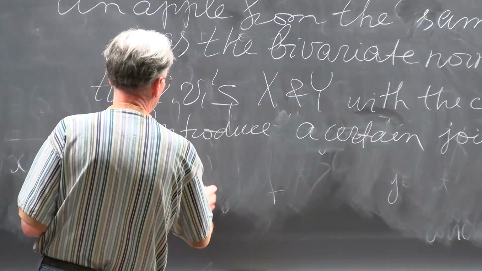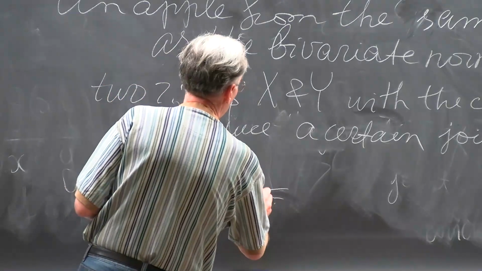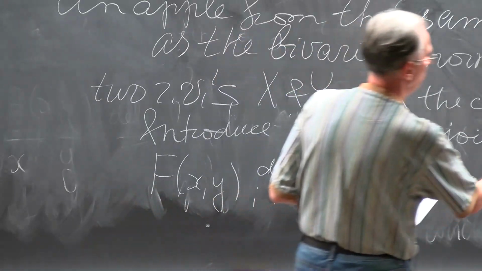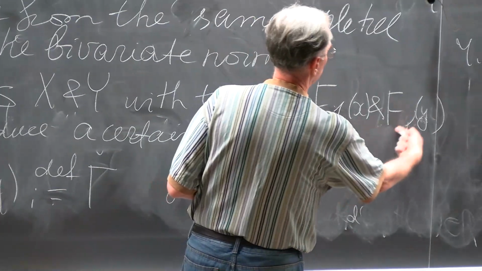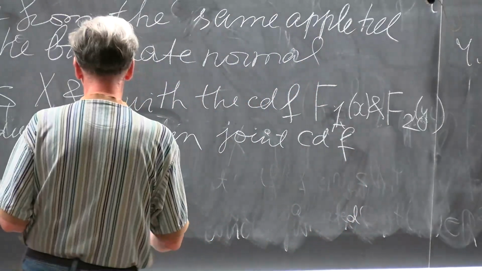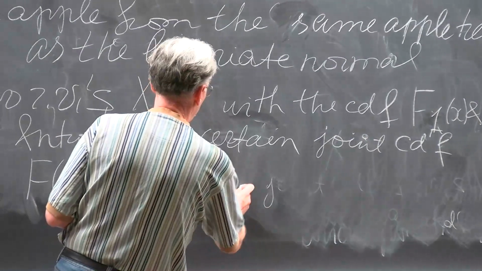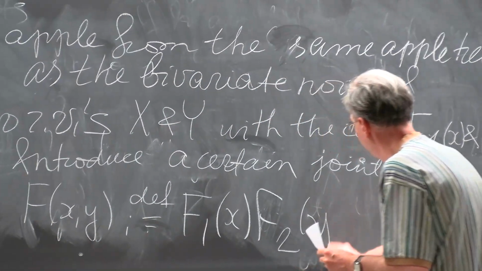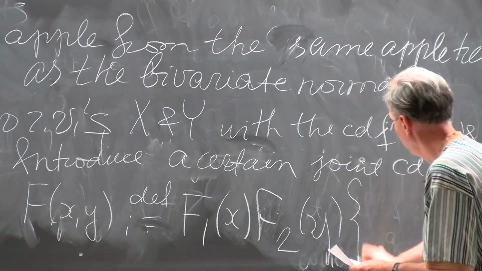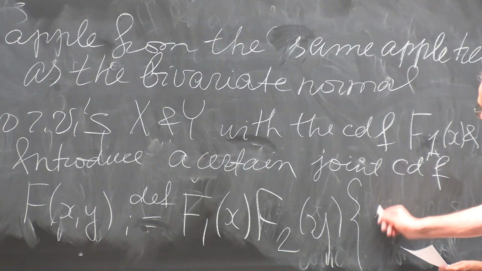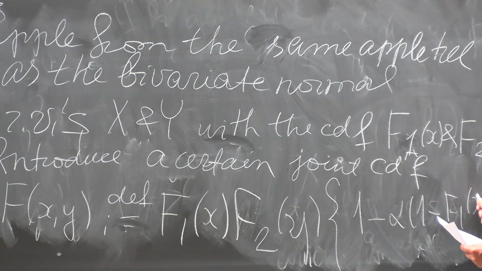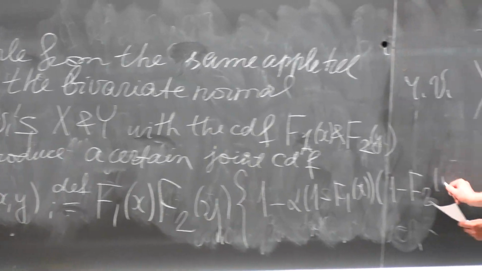Capital F of x, y is defined as, so let it be F1 and F2, capital F1 of x times capital F2 of y times the figure bracket of 1 minus alpha times 1 minus capital F1 of little x times 1 minus capital F2 of little y,